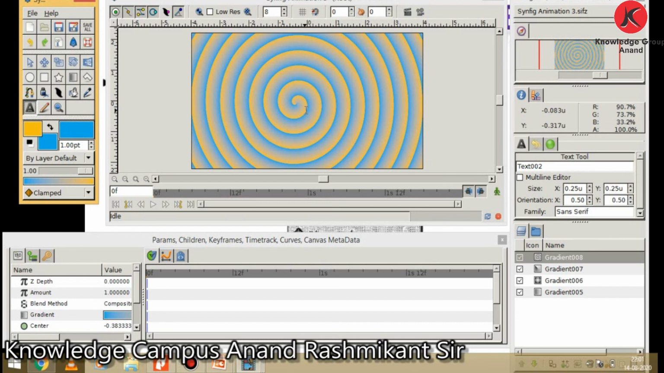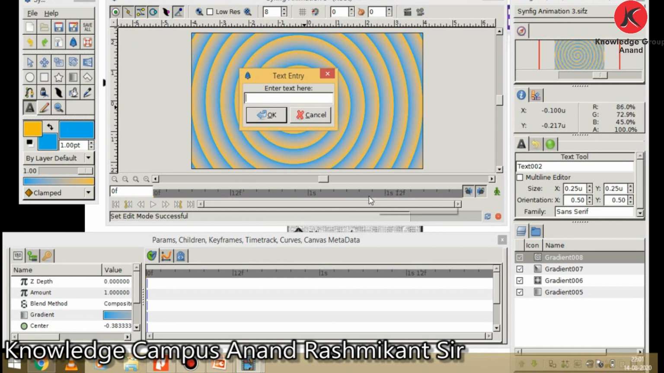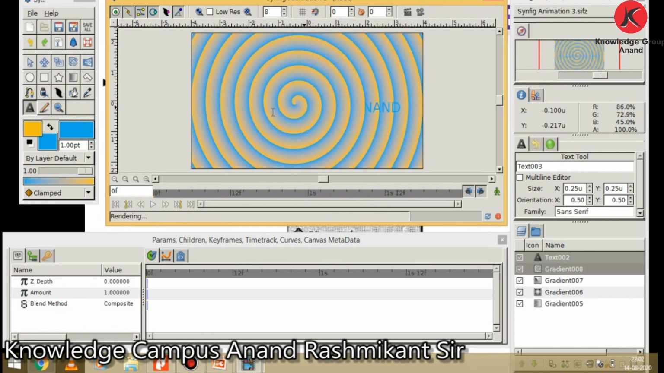Now if you want to create any text, then click on canvas, then you can see the dialog box. Now I type any text. Now click on OK button. Then you can see text appear on the layer panel and on the canvas window,